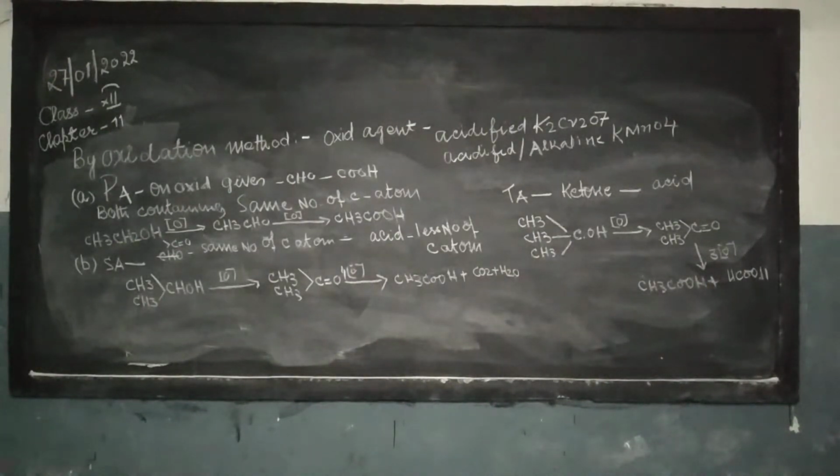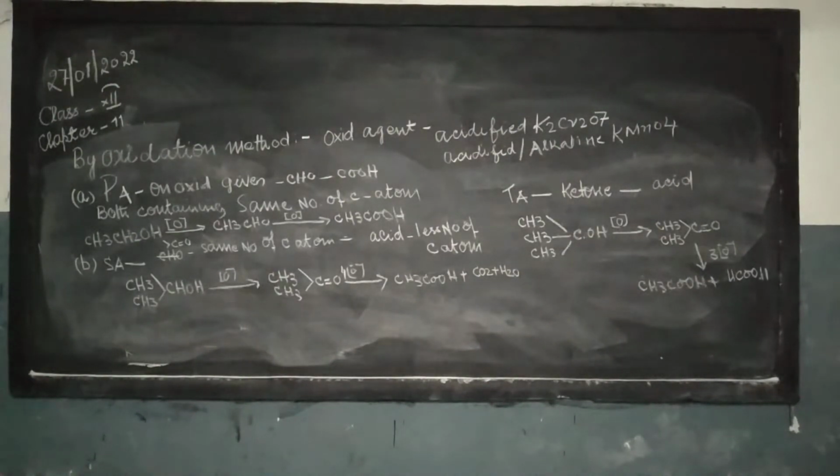On oxidation, primary alcohol gives first aldehyde and on further oxidation it gives acid. Both aldehyde as well as acid contain the same number of carbon atoms as in the primary alcohol. The equation is